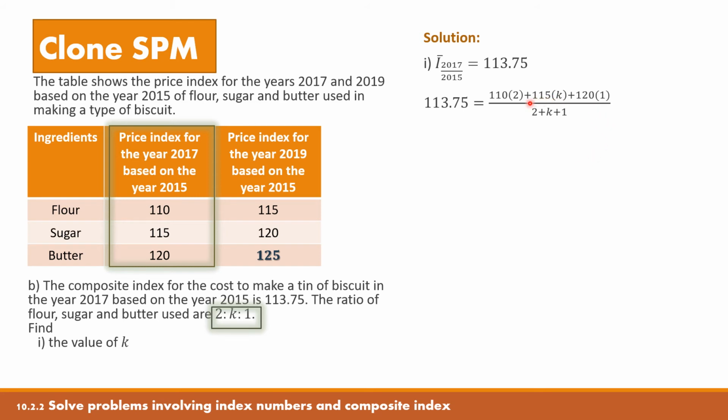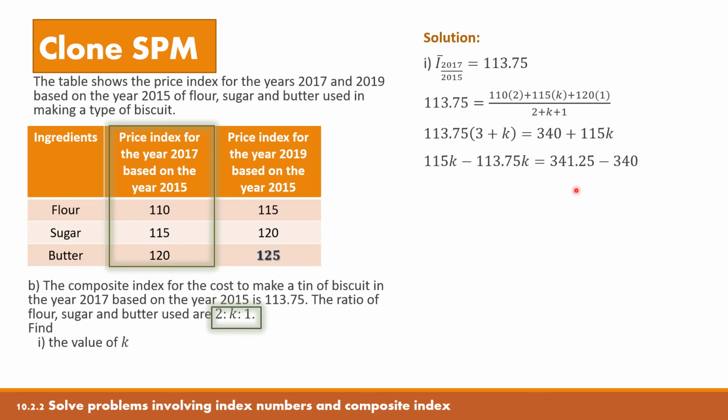And by bringing the denominator to the other side of the equation, I will have 113.75 multiplied by 3 plus K. And by solving the value of 110 times 2 and the value of 120 times 1, we will have 340 plus 115K. And therefore, by expanding this expression, we will have 115K minus